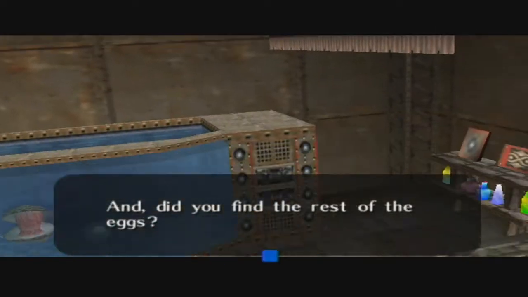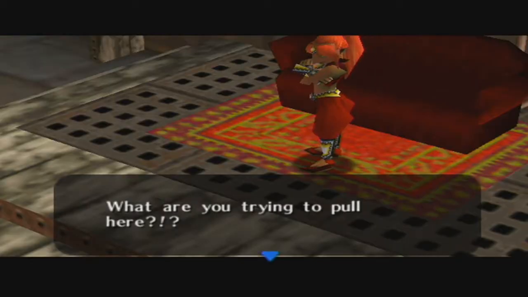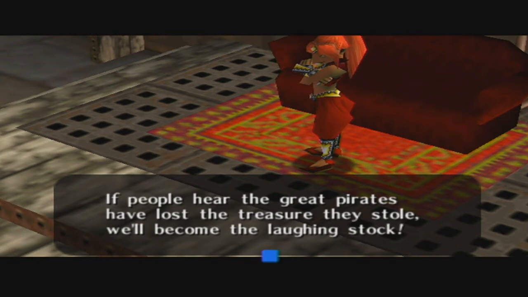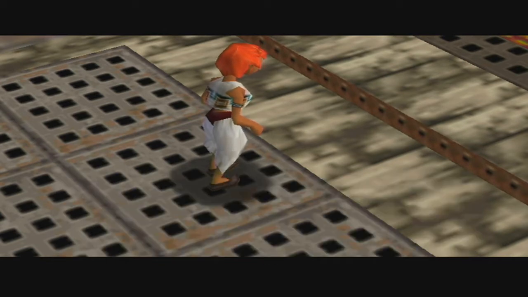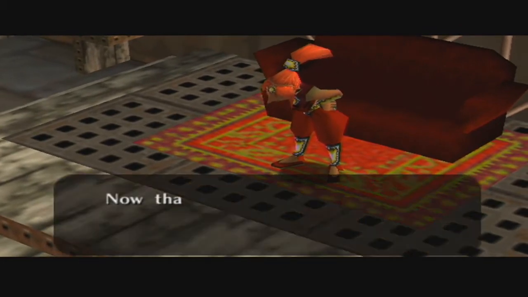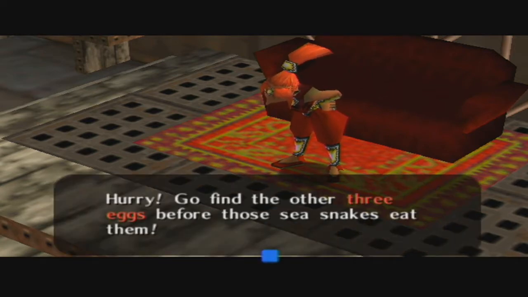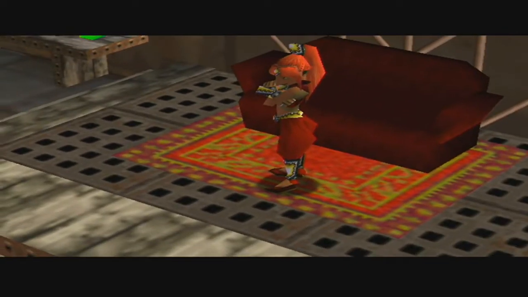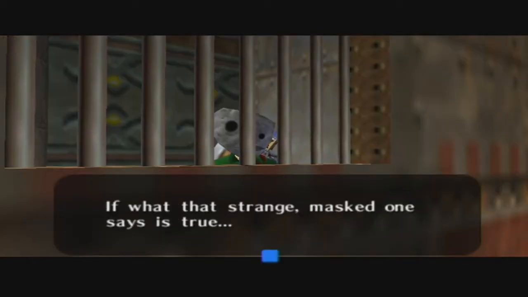I've been waiting for you. And did you find the rest of the eggs? No, but that's because... What are you trying to pull here? If people hear the great pirates have lost the treasure they stole, we'll become a laughingstock. Yes, but Vale, the sea is strangely murky where we were attacked by the sea snakes. Silence! That's why the Zoras can't send for any help. Now that the eggs are gone, the Zoras shall be frantically searching for them. If we don't hurry, the Zoras will get to them before we do. There are 4 eggs here now. Hurry, go find the other 3 eggs before the sea snakes eat them. Understood. Wait. The Zora eggs are the only clue we have about the dragon cloud floating over the bay. If what the strange masked one says is true...